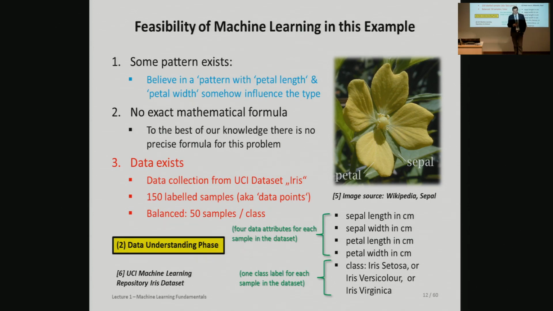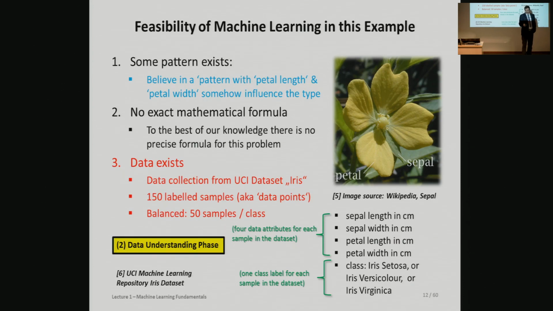Right? And in a way, there seems to be a pattern derived from petal length and petal width. If you look at all the pictures, they're all a bit different, but they could be matching up to different classes. However, I think you will agree with me, there is no mathematical formula yet of saying precisely that at this particular growth factor in petal length and petal width, we can consider it an iris setosa, otherwise virginica or something. So this is also the second point where we said, yes, okay, there's no mathematical formula. Yes, there is a pattern to be detected.